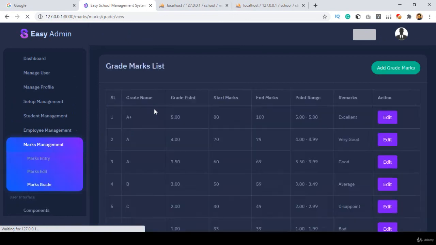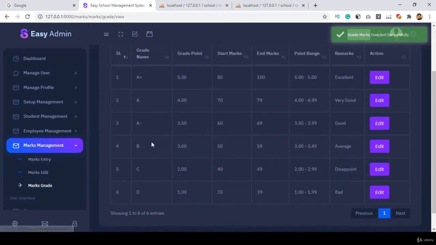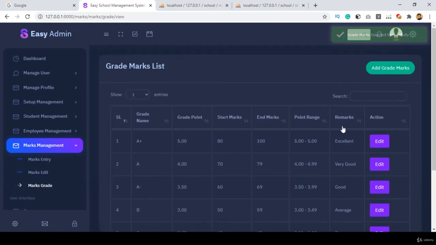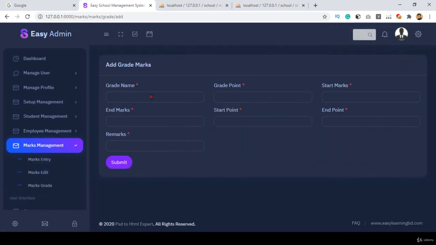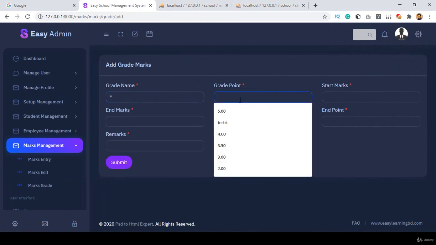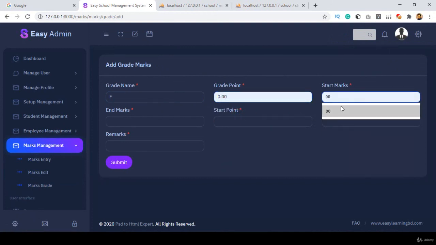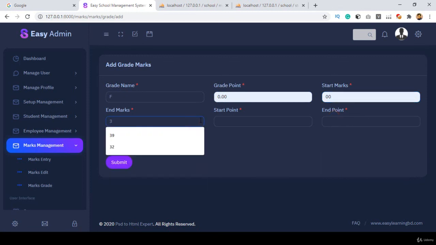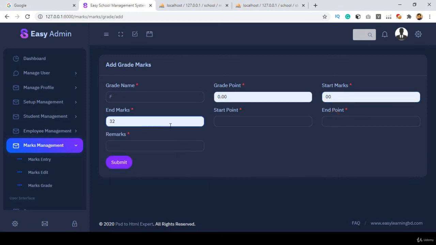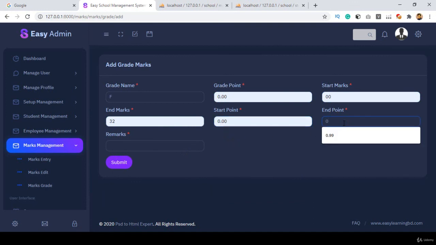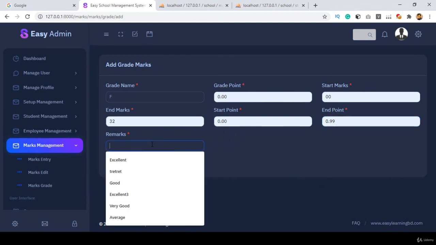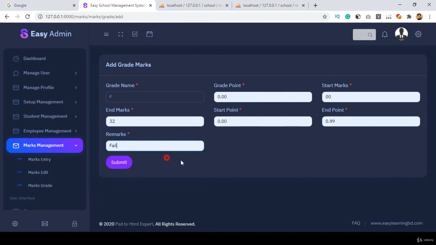That is our D. And also another one I want to add for the fail. That means A, B, C, D, and then fail, which is the F grade. For the F grade, the grade point is 0.00, and the marks start from 0 and go to 32. 33 is actually the pass number, so the grade point range will be 0.00 to 0.99, and I make the remark fail. Perfect. Now if you click submit,